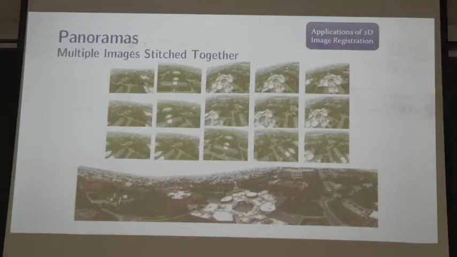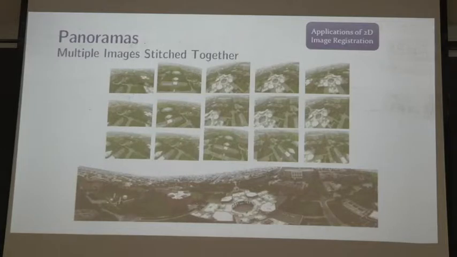So now this used to be fancy algorithms till a few years back, but now they are available in every phone. You take a picture, another picture, another picture, and your camera automatically stitches them together to create a nice panoramic view, right? Hopefully we'll do a homework on this. So how is that done?